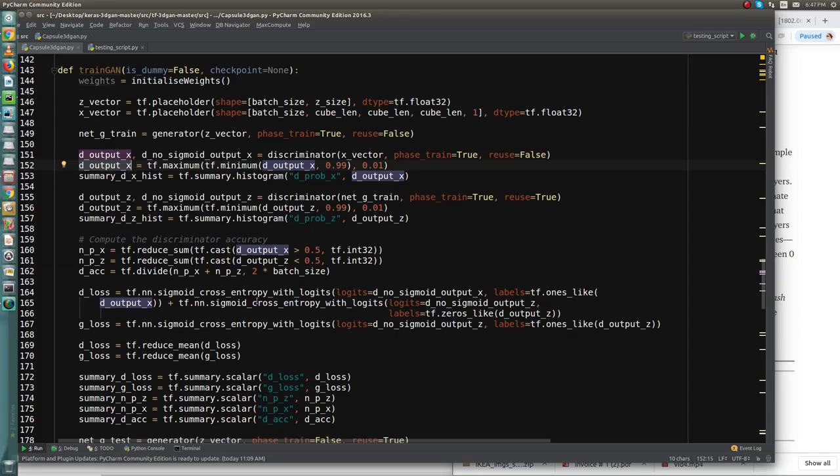The original is compared with the sigmoid output of the discriminator, but only the ones, like how many ones it contains, and the fake generated is compared with the output of the fake discriminator, how many zeros are being created.